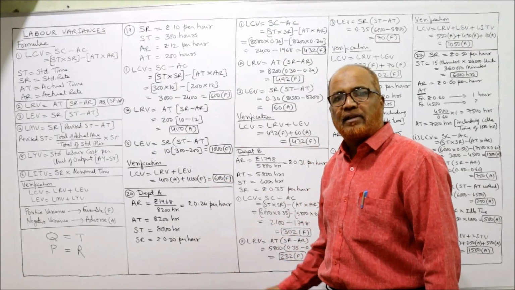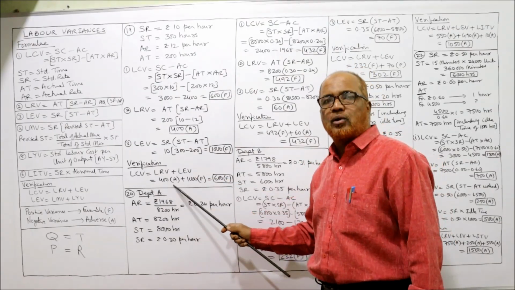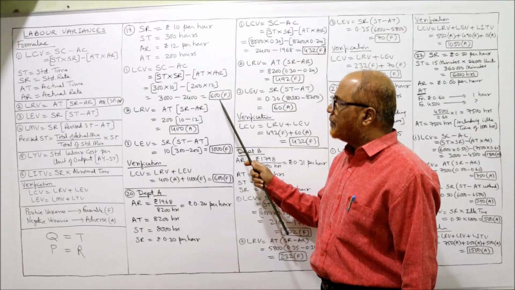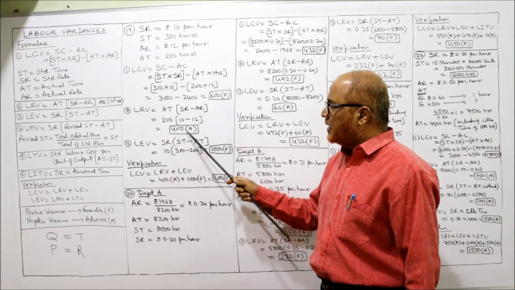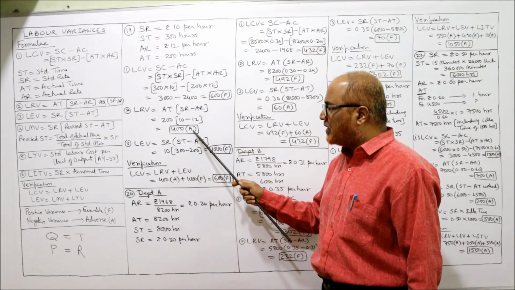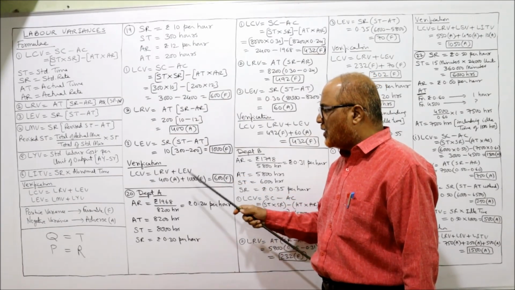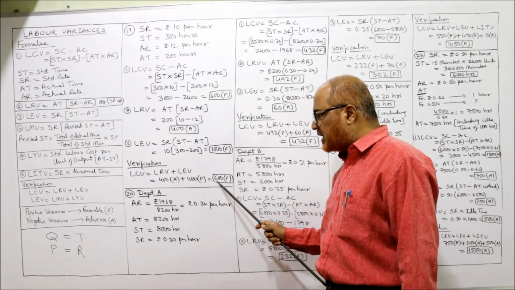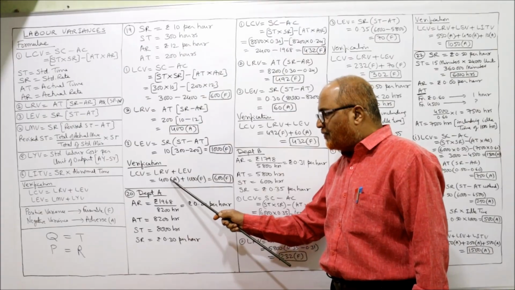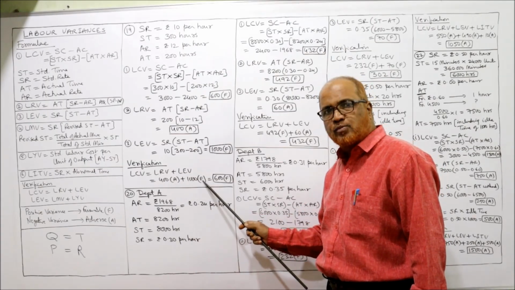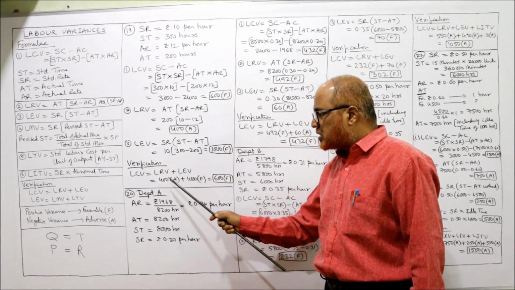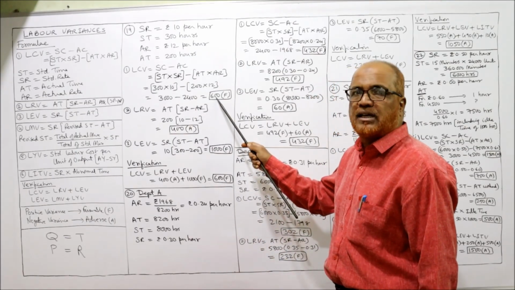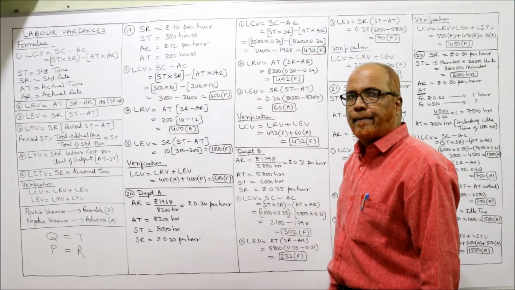Now verify whether we have done correctly or not. LCV is equal to LRV plus LEV. LCV is 600 favorable. Here LRV is 400 adverse, LEV is 1000 favorable. 400 adverse plus 1000 favorable, you will get 600 favorable. Which is more here, adverse or favorable? Favorable is more. So 1000 minus 400, 600 favorable. Check we are having 600 favorable or not? Yes. That means we have done correct.